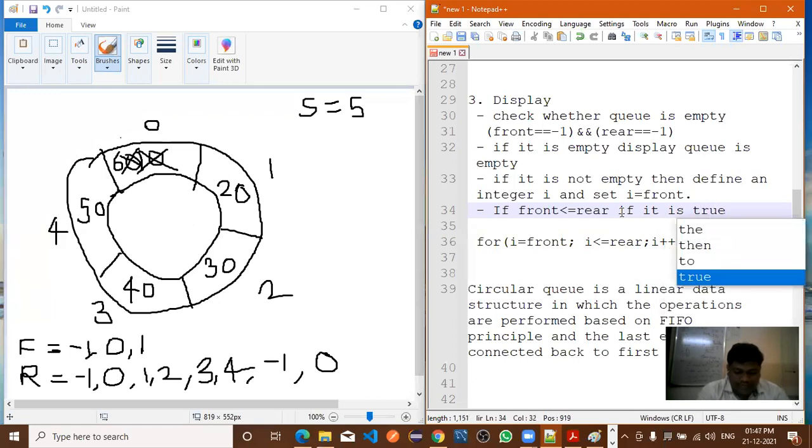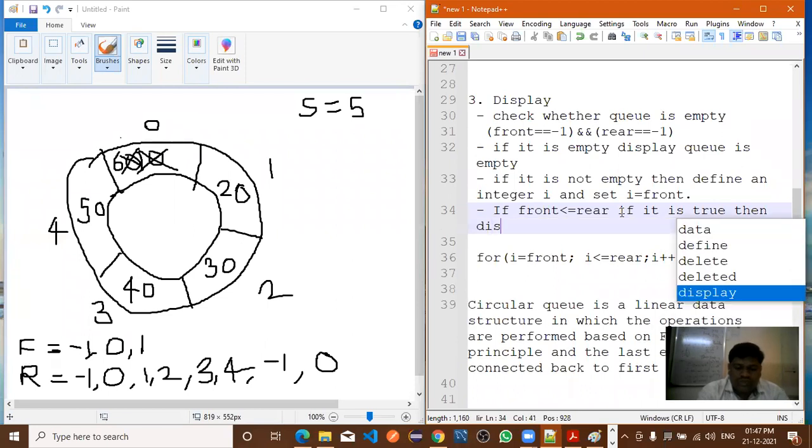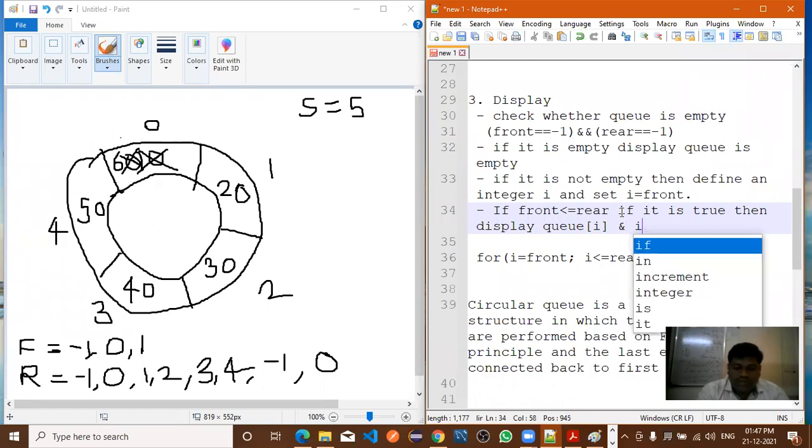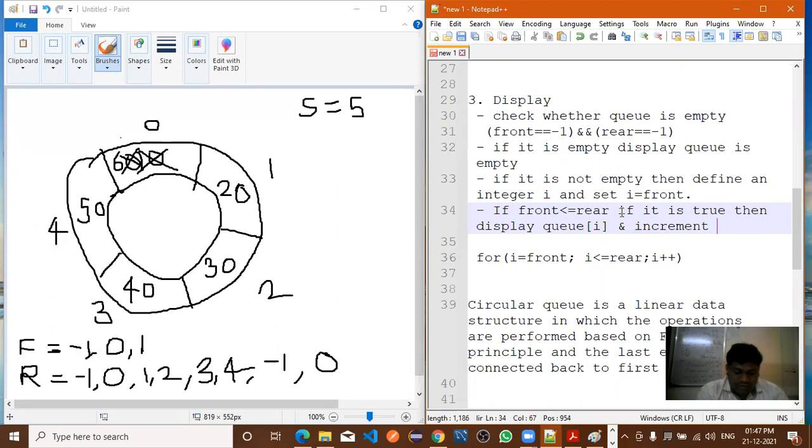then display the queue of I, and increment I by 1.